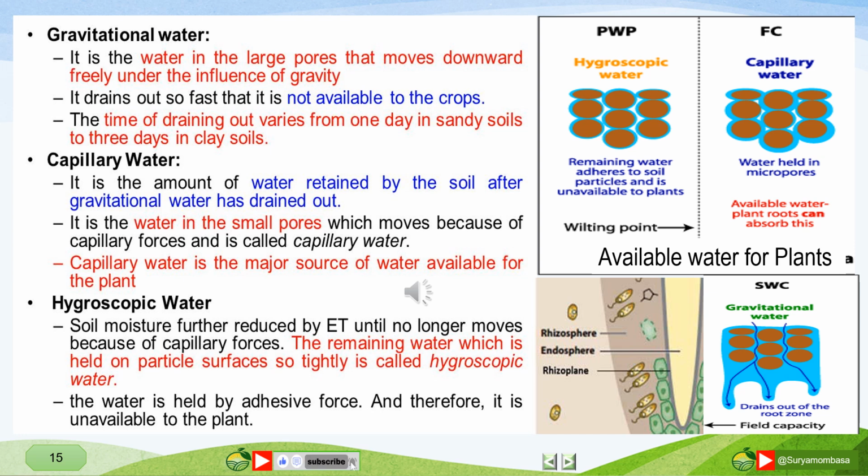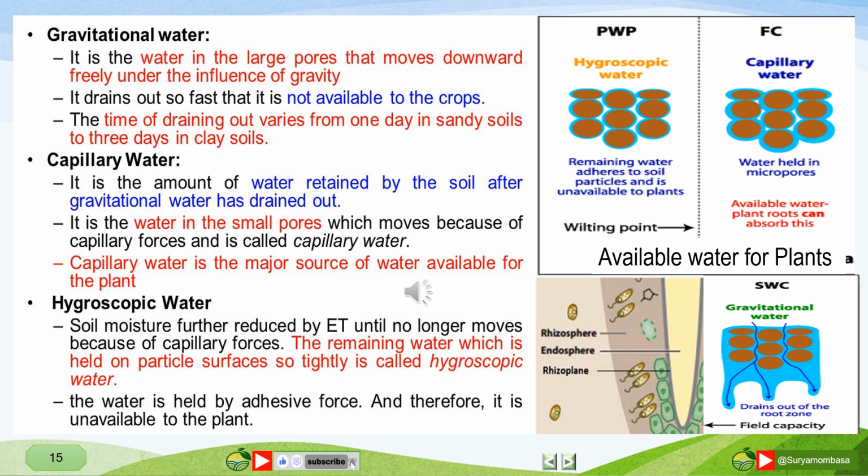Capillary water is held in pores that are small enough to hold water against gravity, but not so tightly that roots cannot absorb it. This water occurs as a film around soil particles and in the pores between them and is the main source of plant moisture. As this water is withdrawn, the larger pores drain first.